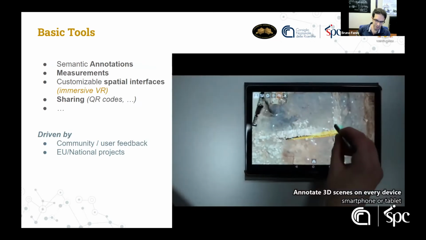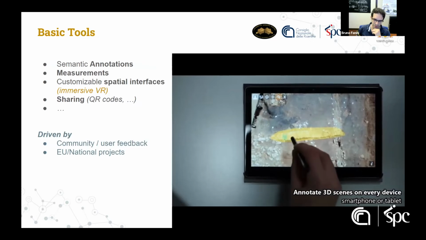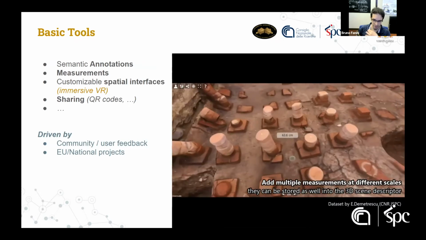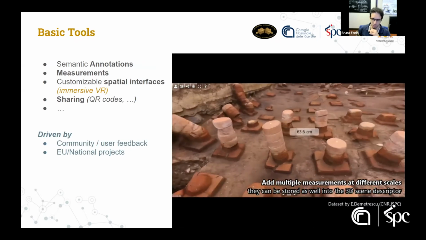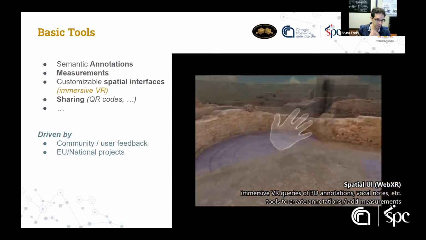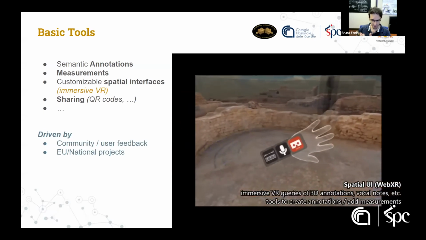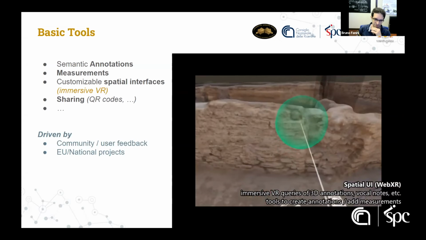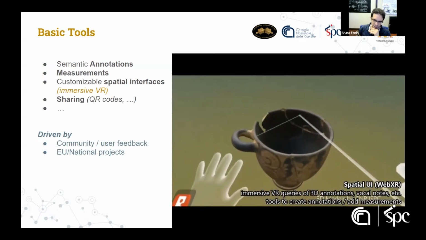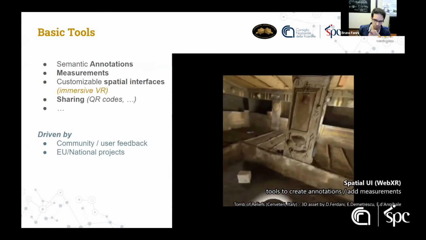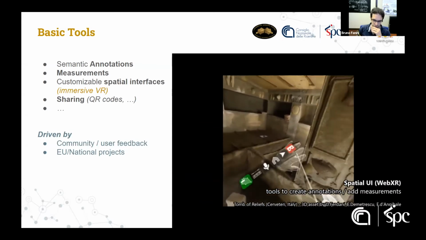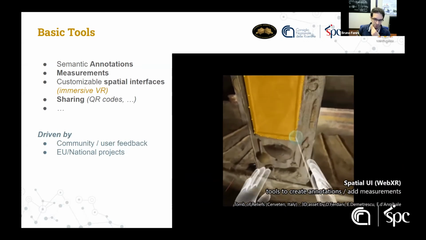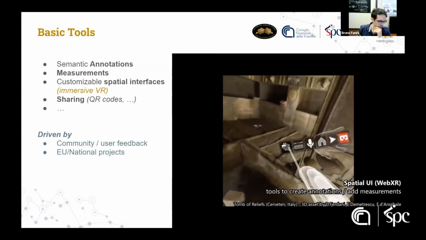Then, of course, as you can see here, using another device to create these annotations. Then we can access other tools like measurements. Then we also have the possibility, for immersive VR, to have this advanced interface that is more targeting immersive VR headsets, immersive AR headsets, and so on. And then on top of that, we have sharing options with QR codes and so on. So it's actually very easy to access and create these tools with just a simple browser without any sort of